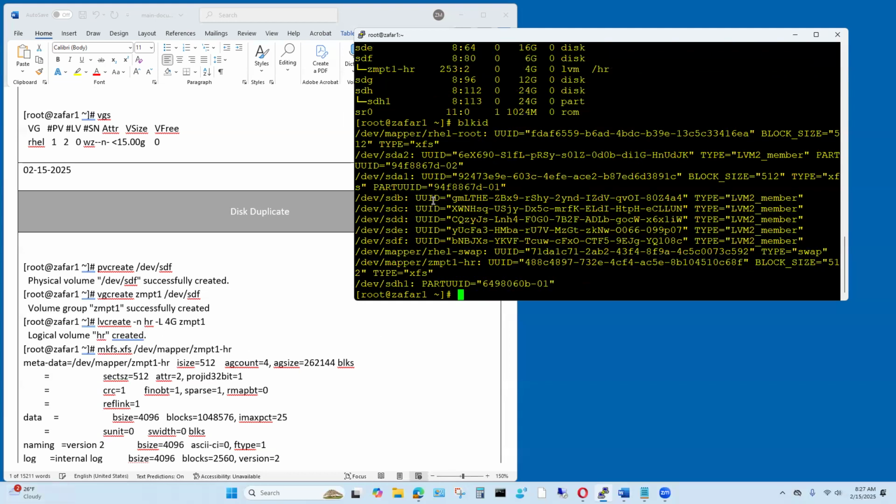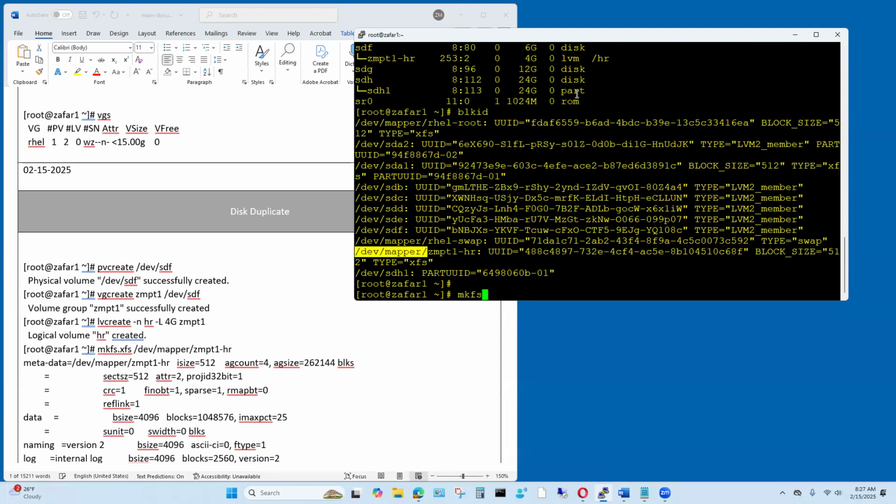It's not showing you HR, right? So for logical volume, this part remains the same. Yeah. So why don't you copy this part and type